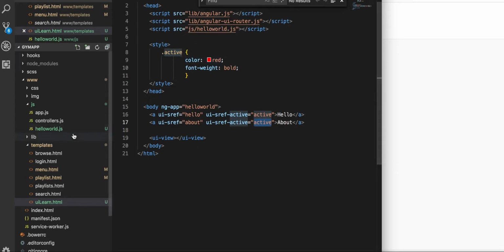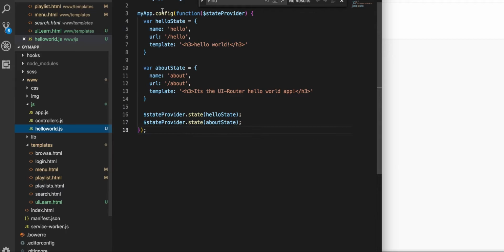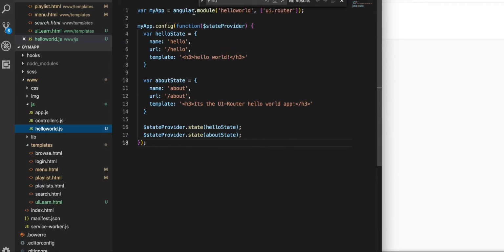Okay. Then we go ahead and look into the JavaScript file. Now because that is a Hello World app, you would need a Hello World app to be defined here. And you see, earlier we never used any module in most of our examples, but here we are using an external module, a module that is external to Angular. So we are writing it as ui.router. That's how the Angular UI router can be included. Then we look into a simple configuration